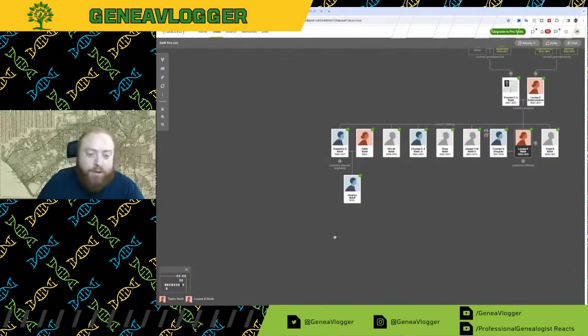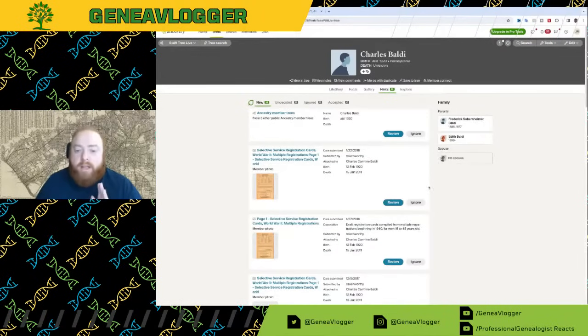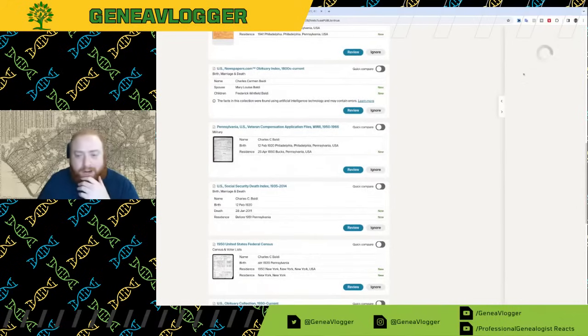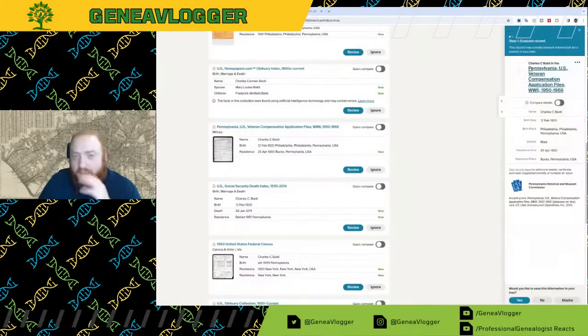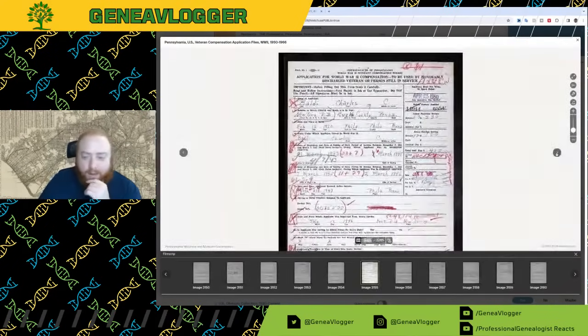Or we could just keep building one branch down until we get to the living descendants, which, once we start getting into living descendants, I'm going to back off a little bit. But in this case, only one child, definitely going to continue on this because it should be an easy one to clear up quickly. And so we've got a World War II compensation file. So this is the one I was thinking about before, where you need to go to the next page to see the children and spouse.